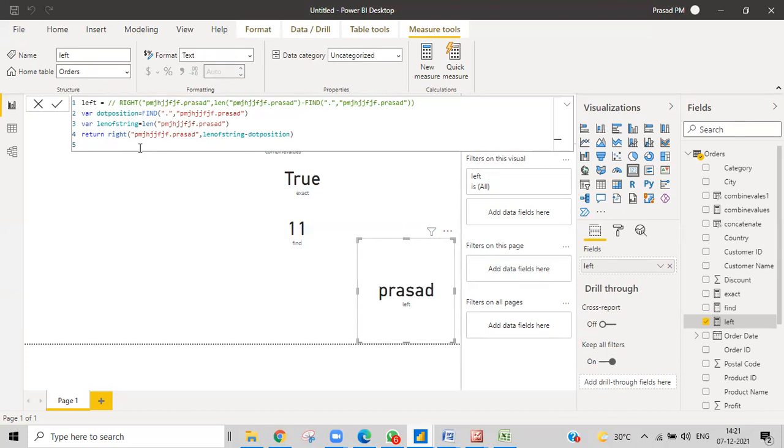Got it? Yes. So hope you understood what exactly it is doing. FIND is just finding the position where exactly the character is in the string. This part is checking where the position of that particular dot is. Afterwards, LEN is calculating the total length of the string. And afterwards, when we subtract the dot position from the length, we'll give the remaining characters to RIGHT, and then it will take the characters from the right position. So this is how we do functions in functions.